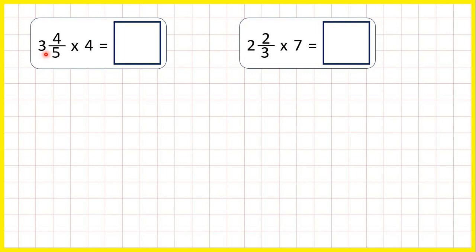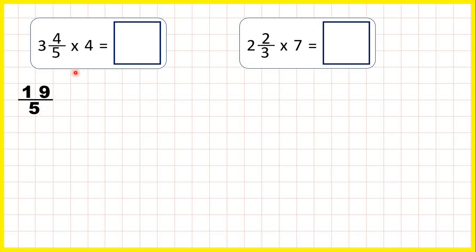So now we're multiplying a mixed number by a whole number, but this time we're going to work out our answer by changing the mixed number into an improper fraction. So as an improper fraction, 3 4/5 is 19/5. That's because to find the improper fraction, we multiply the whole number by the denominator and add the numerator to get the numerator of the improper fraction, and 3 times 5 is 15 plus 4 is 19, and the denominator